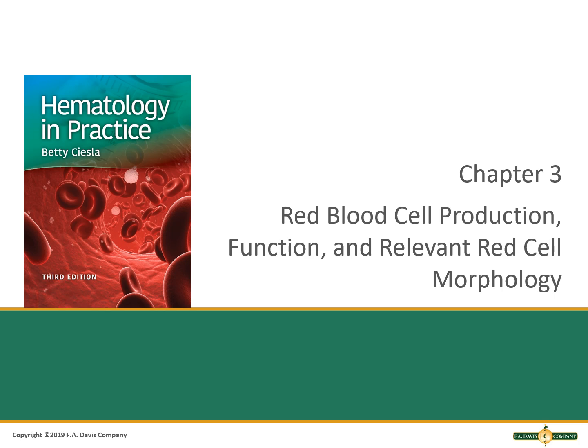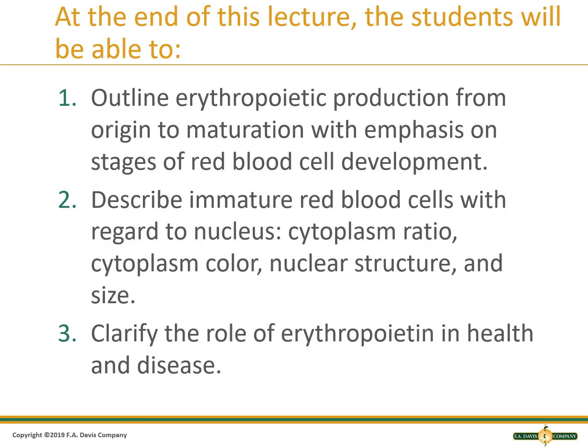This lecture is going to be on Chapter 3, Red Blood Cell Production, Function, and Relevant Red Cell Morphology. At the end of this lecture, the students will be able to outline erythropoietic production from origin to maturation, with emphasis on stages of red blood cell development, describe immature red blood cells with regards to nucleus to cytoplasm ratio, cytoplasm color, nuclear structure, and size, clarify the role of erythropoietin in health and disease,